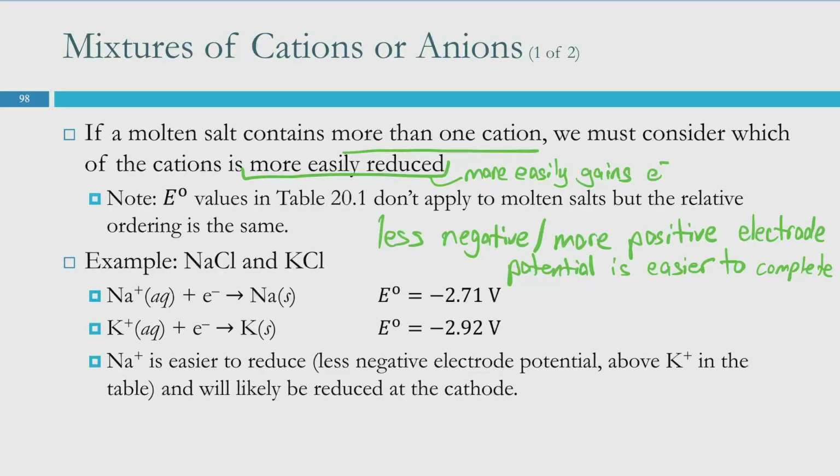So just picking two from our book, if we've got sodium chloride and potassium chloride in solution, we've got two cations. Cations are going to be reduced, red cat. Cations are going to gain electrons, and so we're looking for the one that's easier to drive in the forward direction. And the ordering is going to be the same as in our,